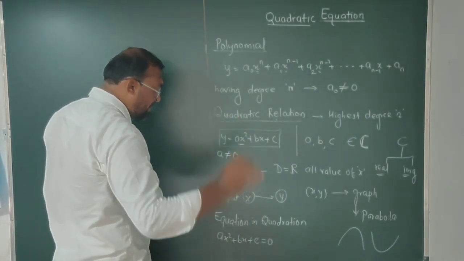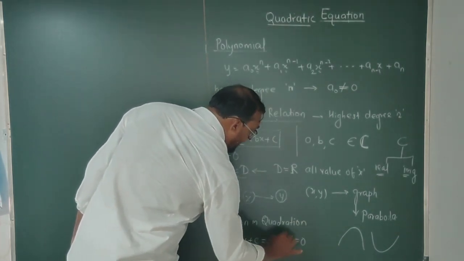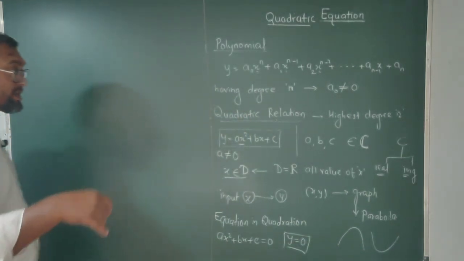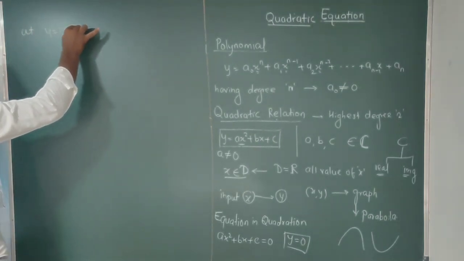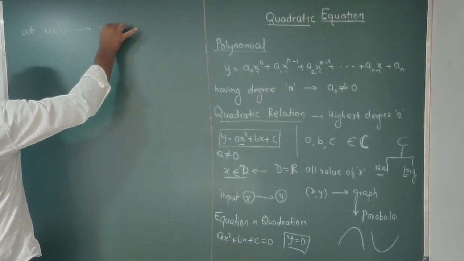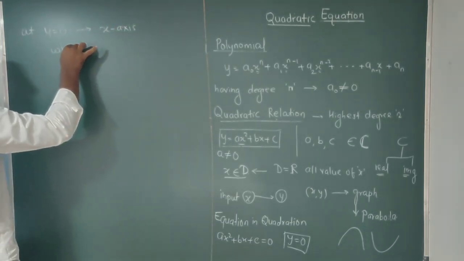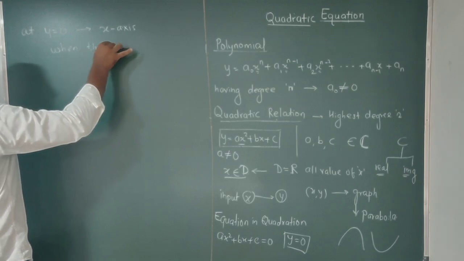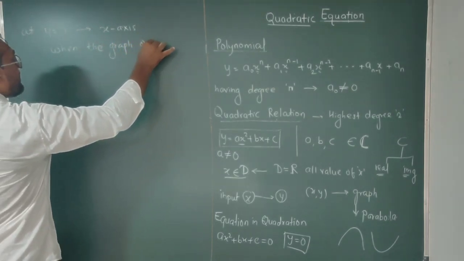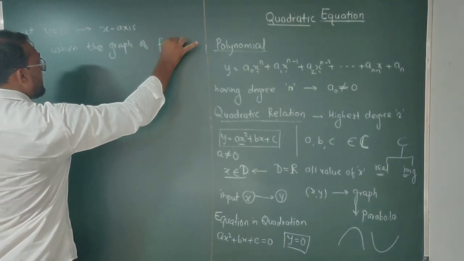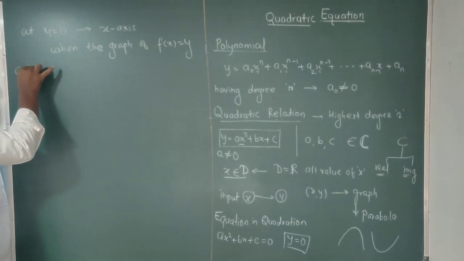So for some values of x, this relation becomes 0, that is y equal to 0, and y equal to 0 is very interesting, because at y equal to 0, we know that y is 0 for which axis? Only for the x-axis. So we can say that when the graph, or basically parabola, but in general we can say when the graph of any equation or relation f of x equals y cuts the x-axis,